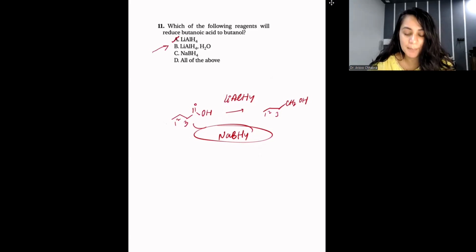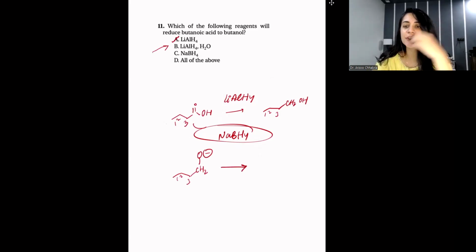Because when the reduction happens, carbons 1, 2, 3, 4, it actually forms CH2O minus. That is the last step of the reaction when they use lithium aluminum hydride. Okay, and then in the next step, or maybe there's a revised version of the textbook, which I don't have, and they might have the correct answer on that one. So I'm not really sure. But whatever the version I have for MCAT, I think it's 2022, they said A as the correct answer, but